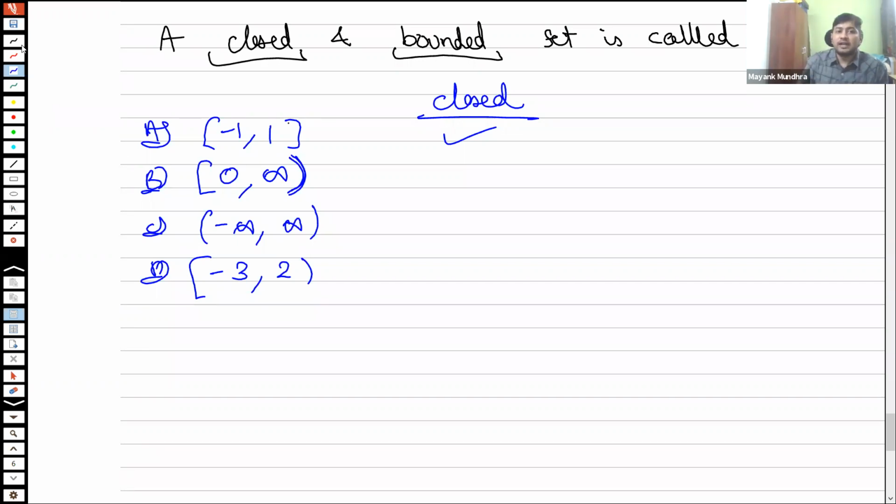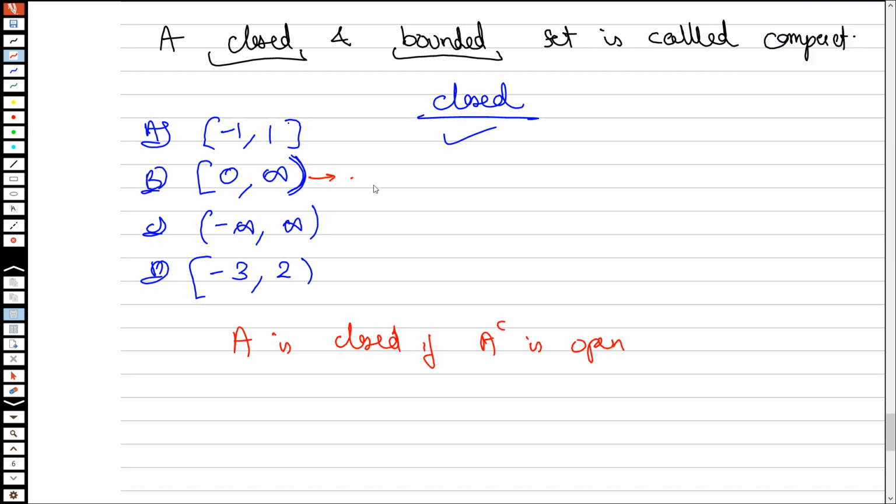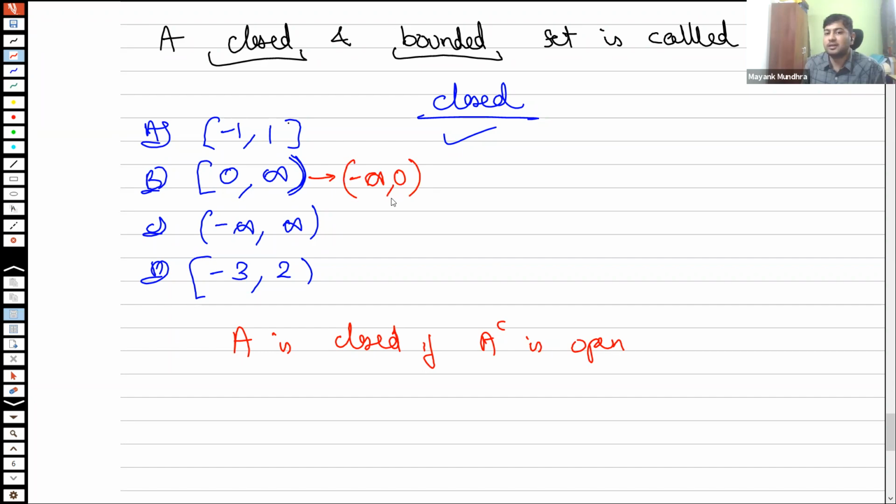Okay, so the idea is that the simpler definition is: a set A is closed if A complement is open. So what is the complement of this set? Negative infinity to 0, an open set. Okay, now in this case, the definition that you are talking about works. All right, so the definition for an open set is that,